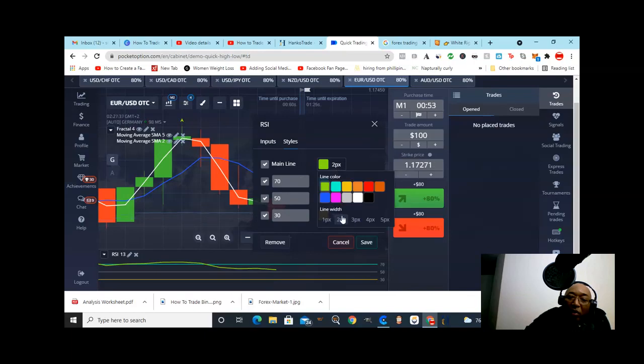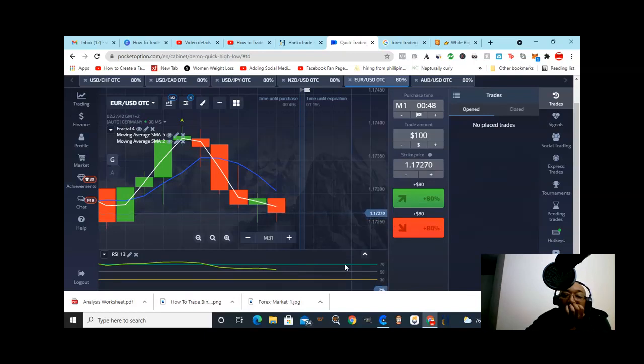Okay, so different levels of the RSI: 70, 30, and the midline. So this is the overbought position, and this is the oversold line, and this is the midline. When the RSI line, the 13, is right here on the midline, it indicates that the market is very conducive for us to take a trade. So all we have to do is pay attention to our moving averages. If they cross and they face up, then we're going to go for a buy. If they cross and they face down, then we're going to go for a sell,